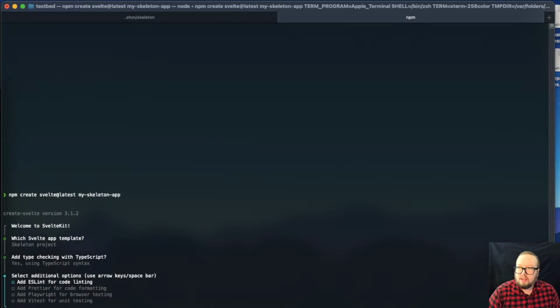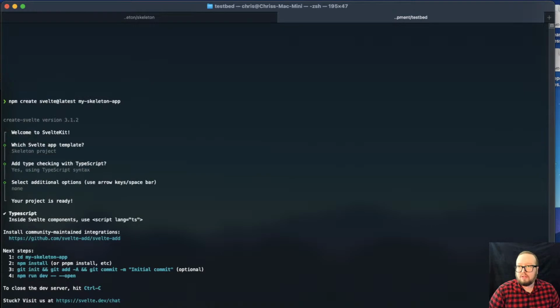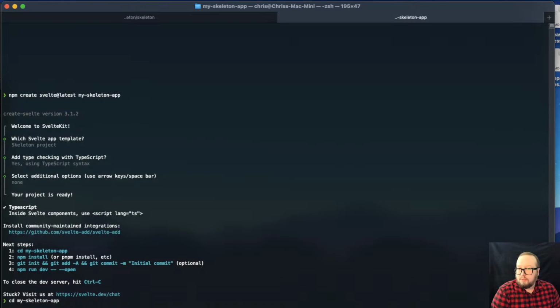I'm not going to install any of the optional stuff because we're not going to be using linting or Prettier or any of that in this demonstration. So I'm just going to skip through that. And then it's going to provide a few steps here. So I'm going to jump into the new folder here. I'm going to run npm install to install the dependencies. And then,